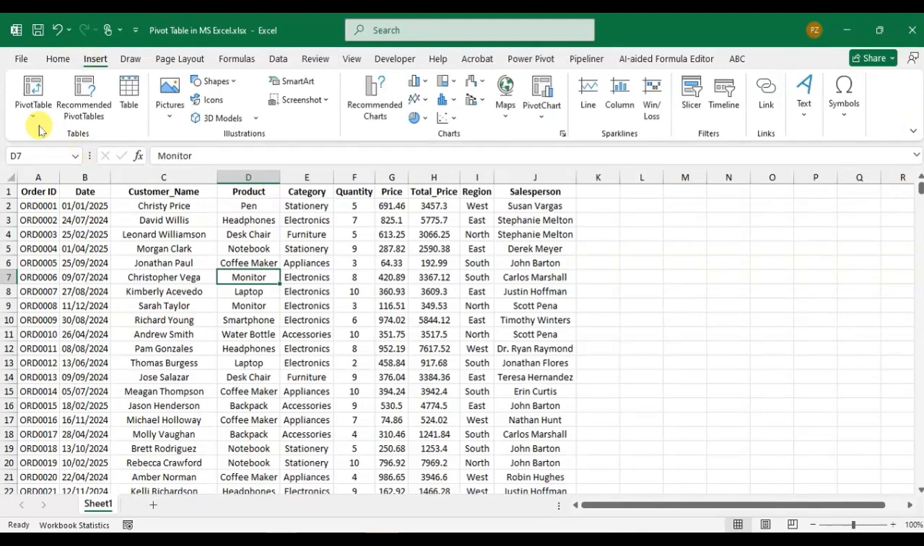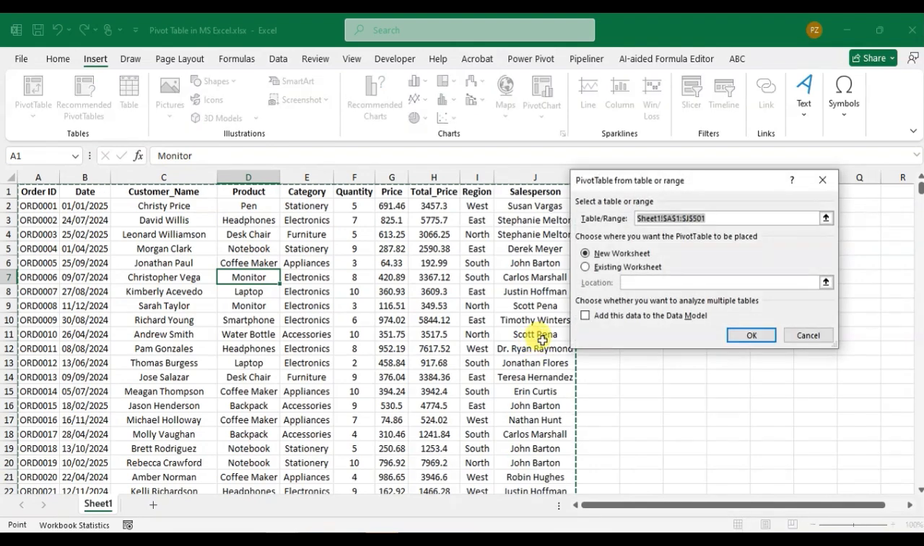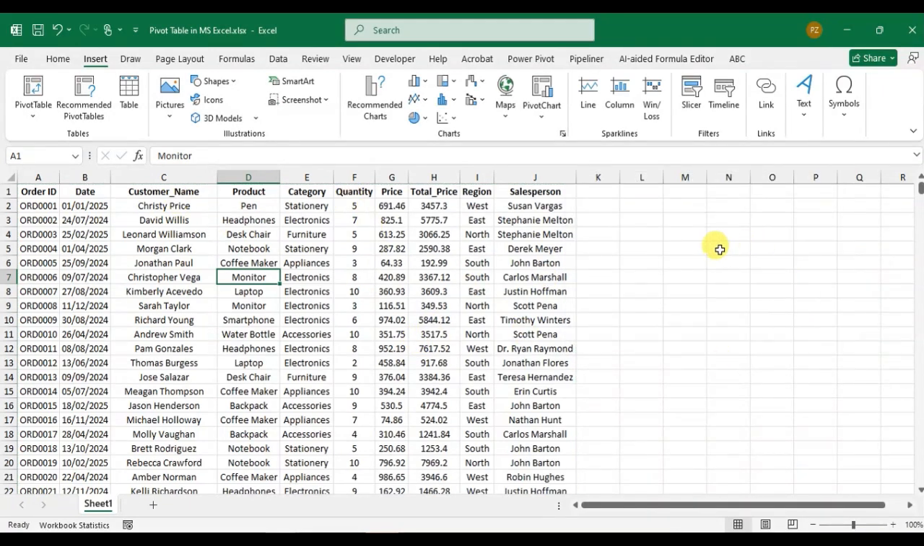In the Tables group, click on PivotTable, then click on From Table or Range. And here you can see the range of data is automatically selected. I'll cancel it. Let me show you: if you select a blank cell, not inside the data,